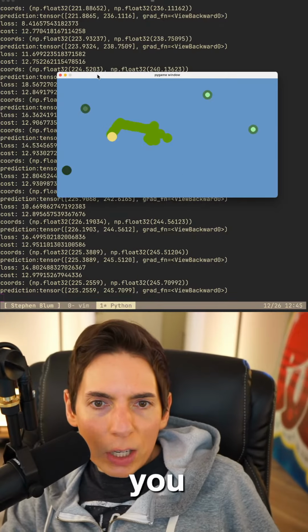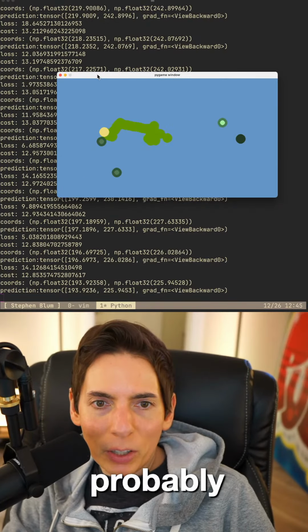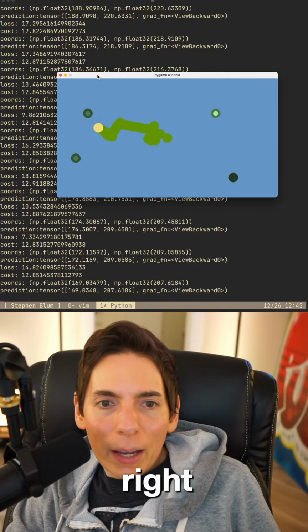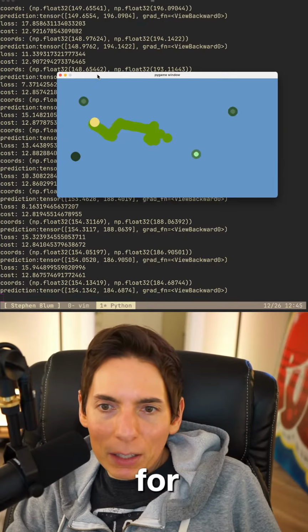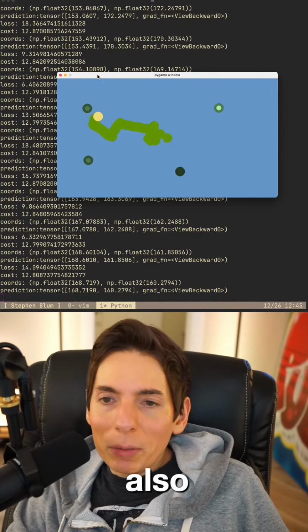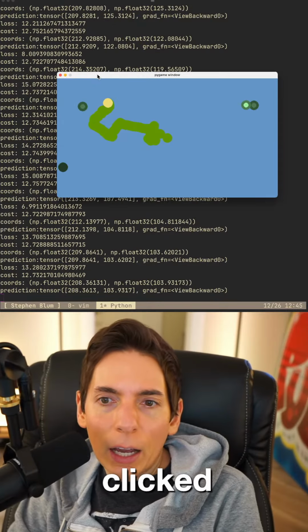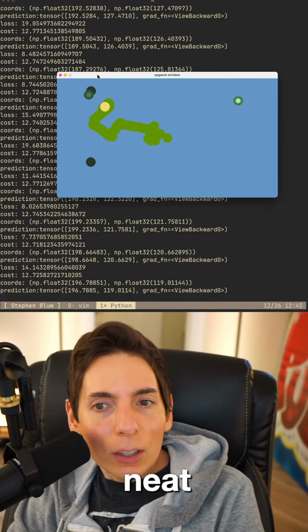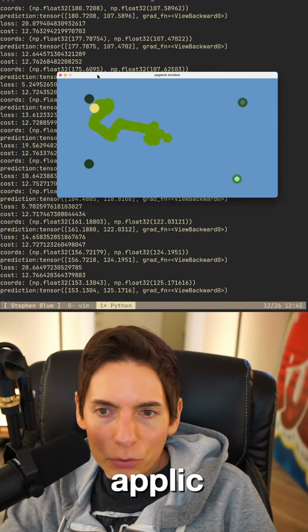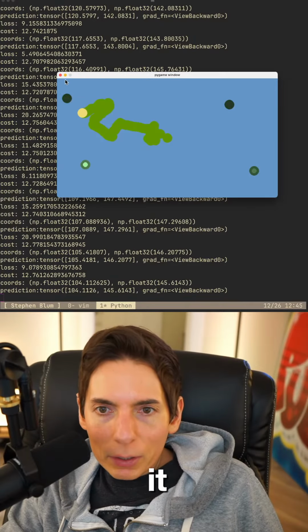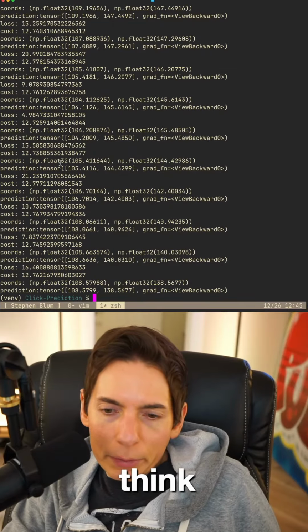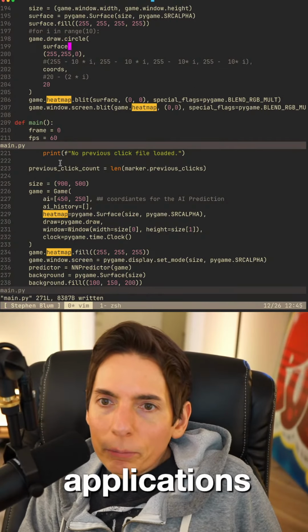If you click draw shapes, the AI could probably predict that pretty well. Yeah, I think it would. You're right, it could analyze heat map patterns for landing pages. That also would be pretty neat. It would be able to predict where every user is going to click, which is pretty neat, right? There's a lot of practical applications for this once we get it working properly.